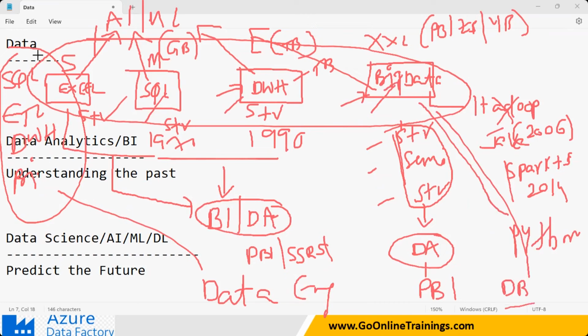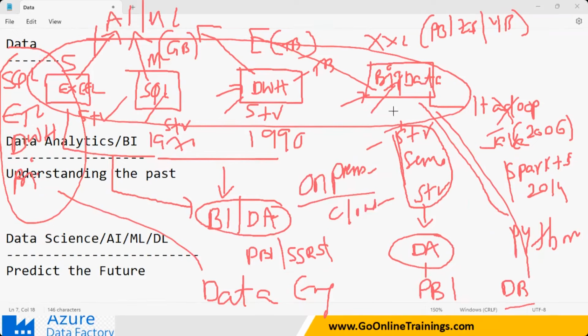So all the data you will be able to get from on premises, or all the data you will be able to get from the cloud. You can have cloud big data, on premises big data. You have cloud Hadoop, you have on premises Hadoop. You have cloud Spark, like that, on premises Spark. You have cloud data warehousing, you have on premises.